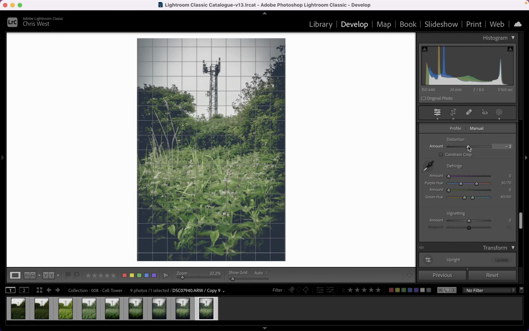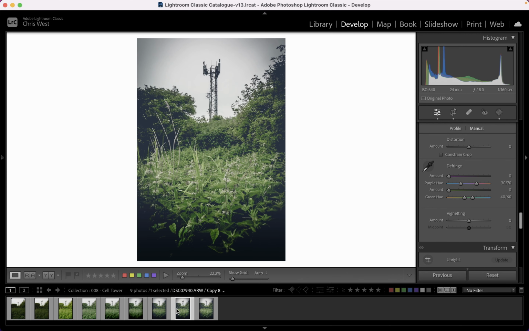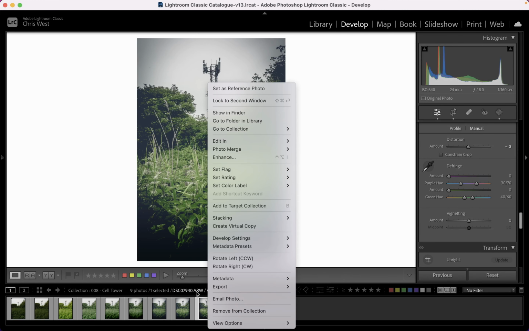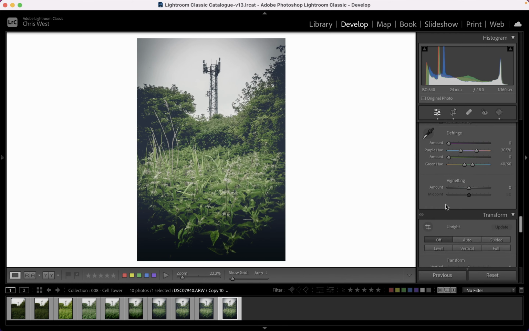Just slightly. Yeah, that's good. And then a great way to add a bit of atmosphere and character is to add some